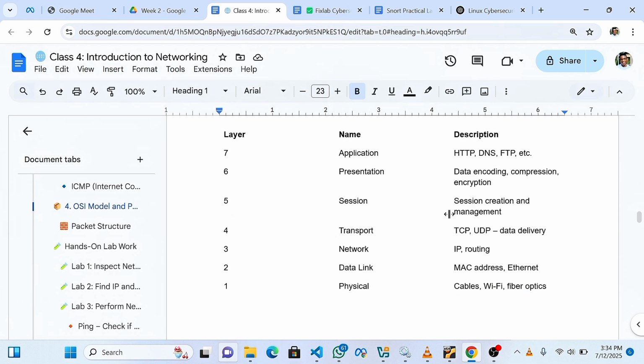It has to know if a connection is still active or if it is closed, because the client and the server are always communicating to ensure that the data being transmitted is not cut off. So this layer actually manages